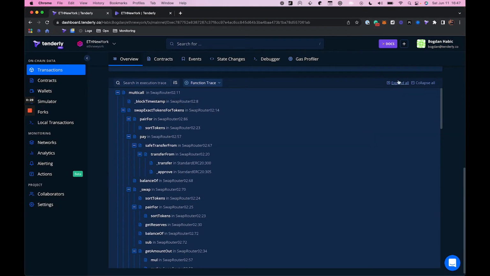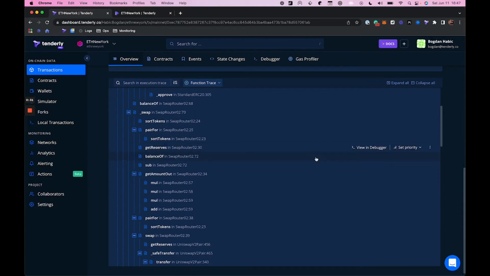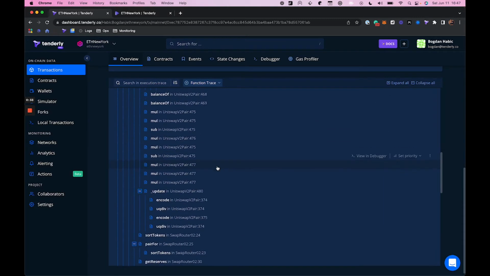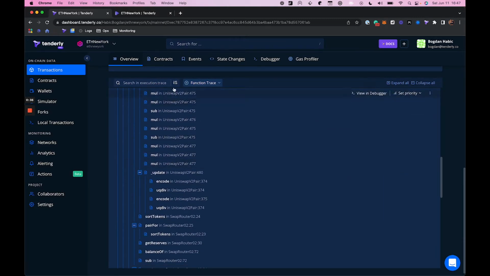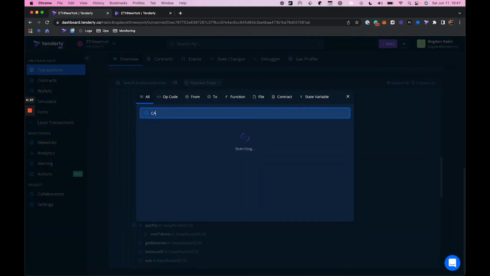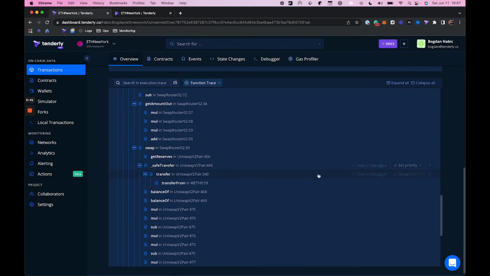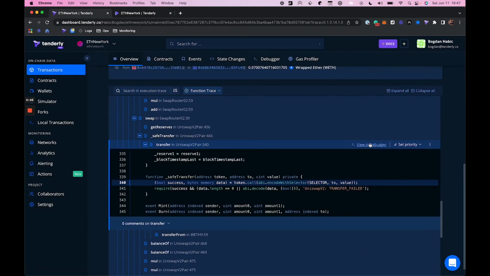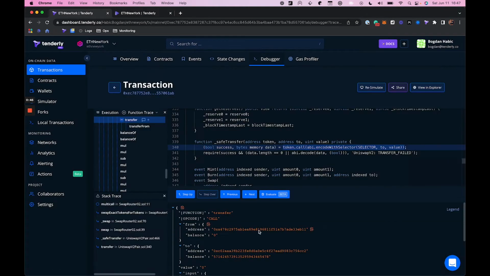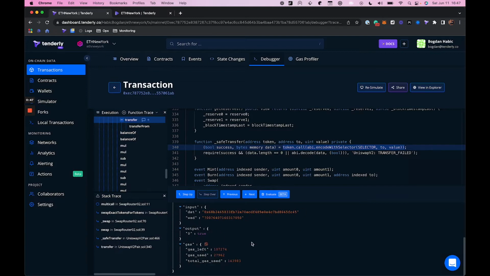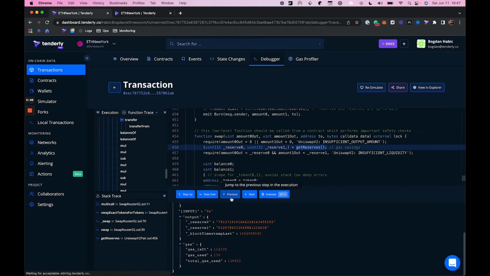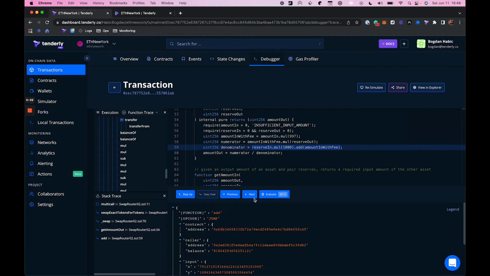But what's actually useful is something called the transaction overview or the full trace. This is fully searchable, and you will be able to access this via the API. So I can do, for example, give me all calls that happen in this particular transaction or anything of that nature. I can actually go into each one of these steps in the debugger itself, and then we have input-output variables decoded, and all of these things are readily available.